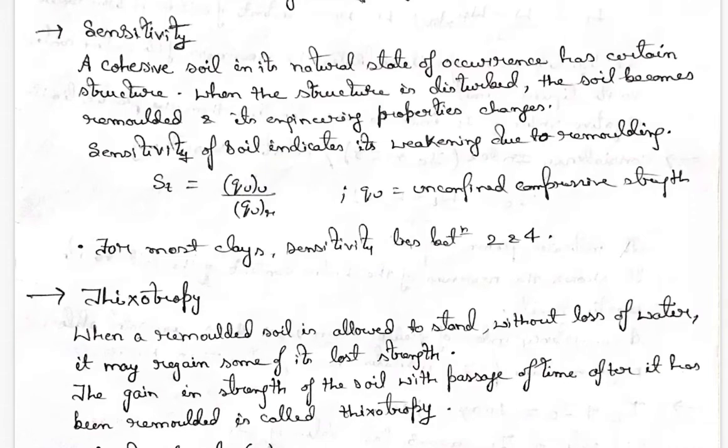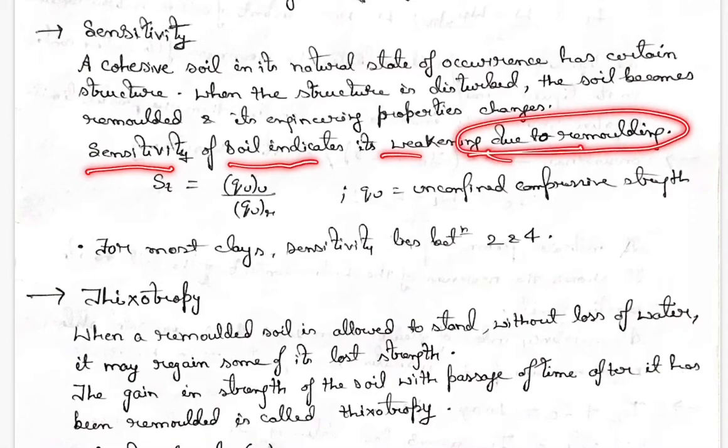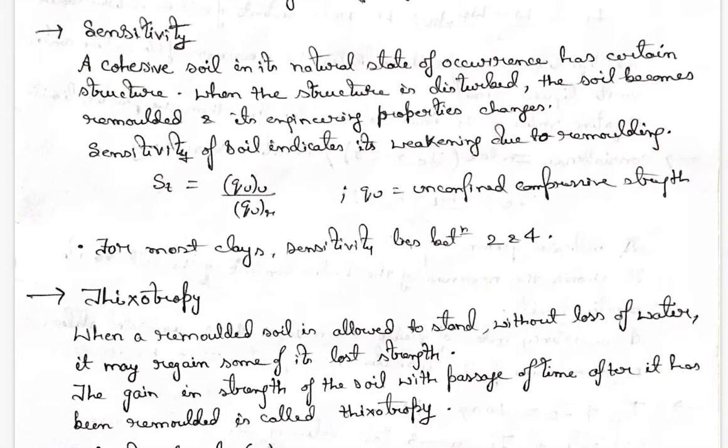Okay, next is sensitivity. व्हाट इज सेंसिटिविटी? देखिए, कोई भी एक कोहेसिव सॉइल है, अगर नेचुरल स्टेट में वो है तो उसका कोई एक सर्टेन स्ट्रक्चर होगा। ठीक है, लेकिन उस सॉइल को जब हम डिस्टर्ब करते हैं तो उसका स्ट्रक्चर भी डिस्टर्ब हो जाता है और इसके कारण रीमॉडलिंग ऑफ सॉइल ऑकर्स एंड इंजीनियरिंग प्रॉपर्टीज जो सॉइल के हैं वो चेंज होते हैं। ठीक है, हेंस सेंसिटिविटी ऑफ सॉइल इंडिकेट्स इट्स वीकनिंग ड्यू टू रीमॉडलिंग। सॉइल का जब रीमॉडलिंग हो रहा है, उसको नेचुरल स्टेट से दूसरे स्टेट में लाया जा रहा है, ठीक है, तो रीमॉडलिंग के कारण जो उसमें वीकनिंग हो रही है वही है